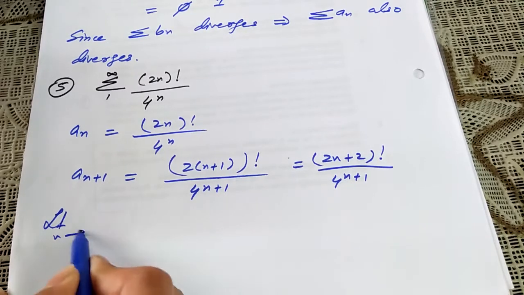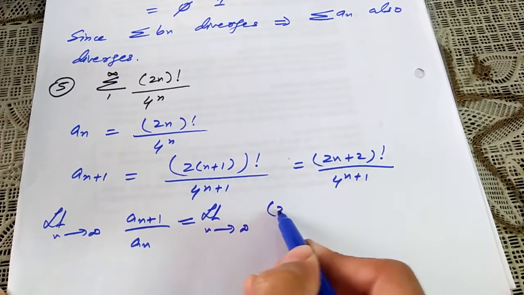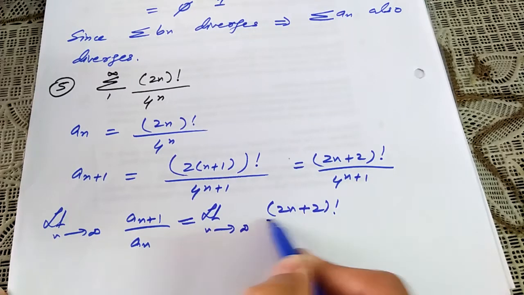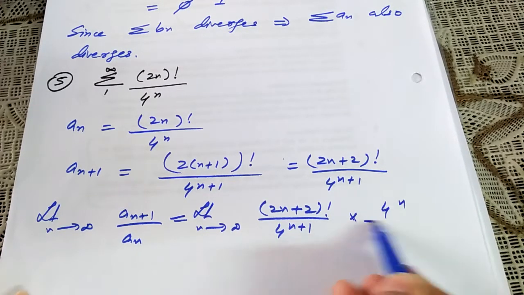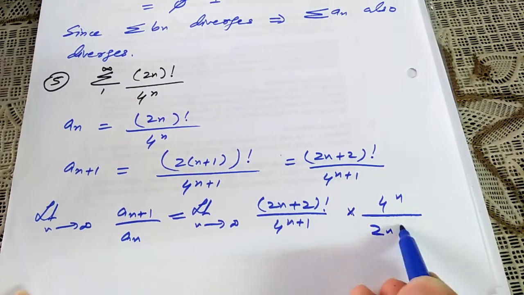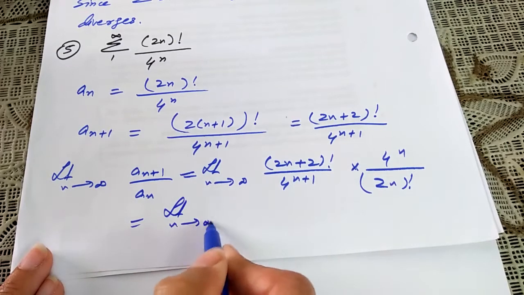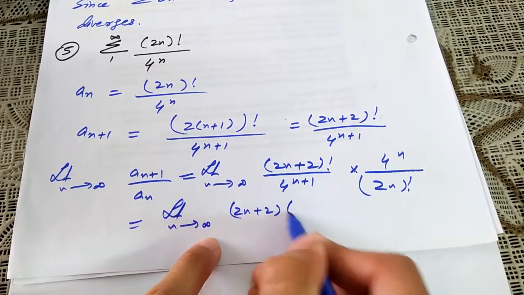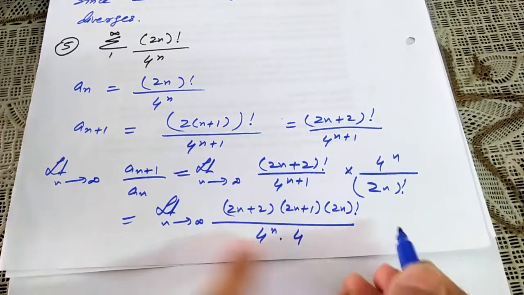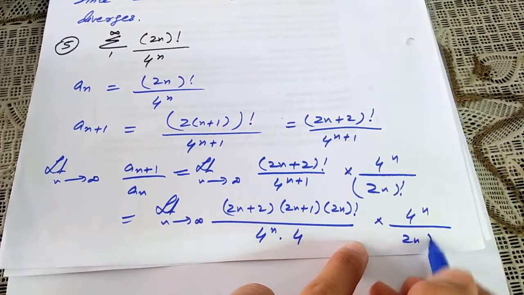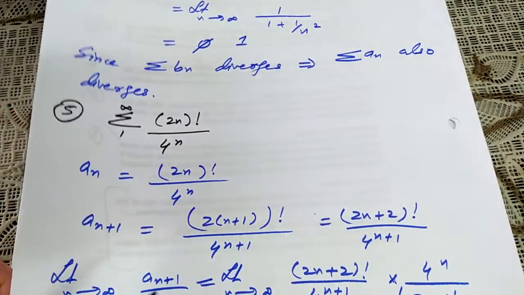Now the limit as n approaches infinity of an plus 1 divided by an will be the limit as n approaches infinity of 2 into n plus 2 factorial divided by 4 raised to power n plus 1, divided by an. After simplification, this gives 4 raised to power n over 2n factorial. Now I can make the same terms so that I can cancel them. The limit as n approaches infinity, it can be 2n plus 2 into 2n plus 1 into 2n factorial divided by 4 raised to power n into 4, and here you have 4 raised to power n over 2n factorial. This 2n factorial cancels, this 4 raised to power n is cancelled. So we will be left with